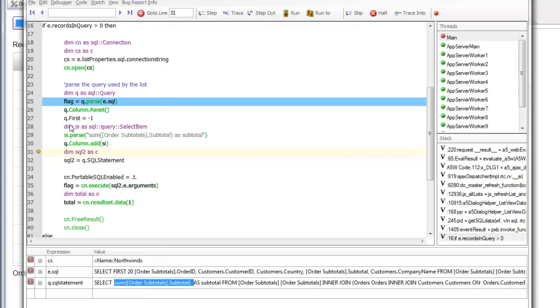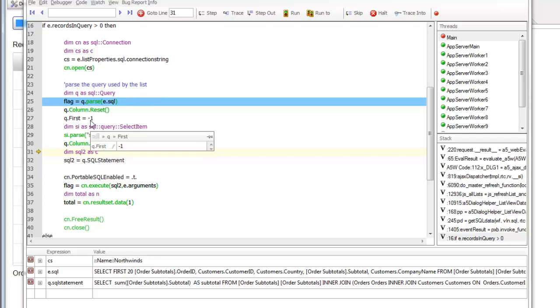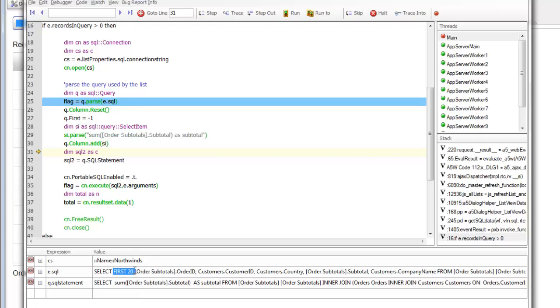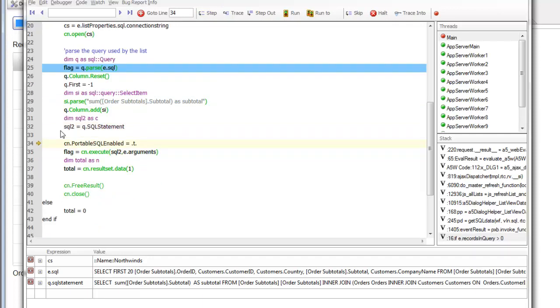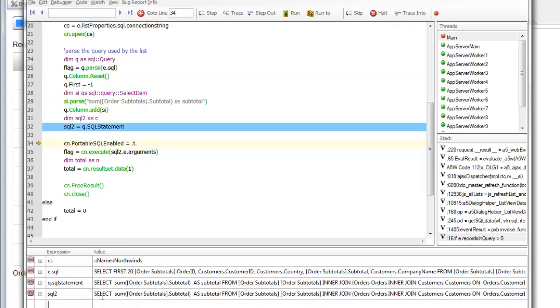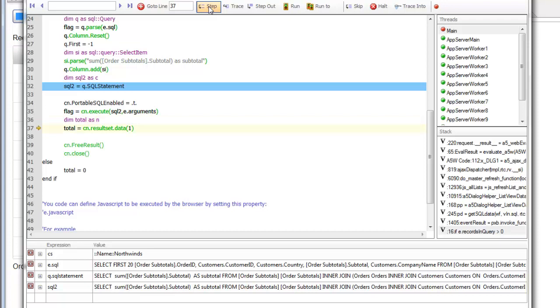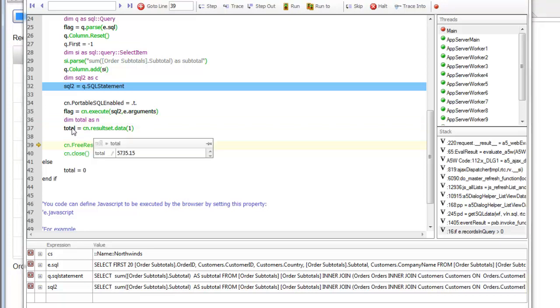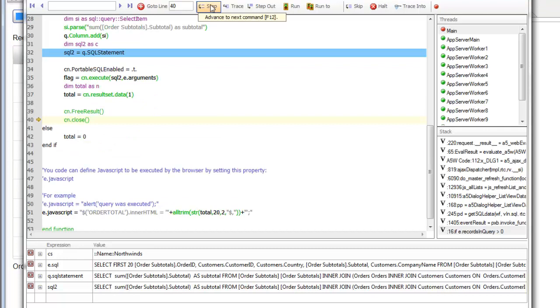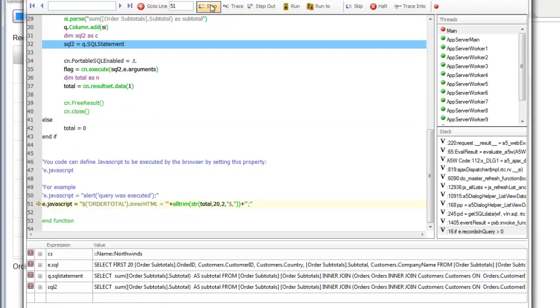And also you can see that because we've done q.first equals -1, the limit clause was also removed. So then we say SQL2. So now we have the SQL statement that's going to give us the grand total of the order subtotals. So we execute the query, and then we read the result out of the result set data.1, which is going to give us the total over there. Then we close the connection down, and then finally we compute the JavaScript that we want to